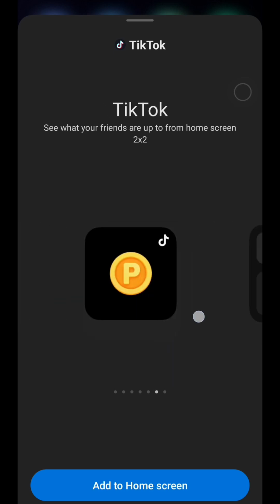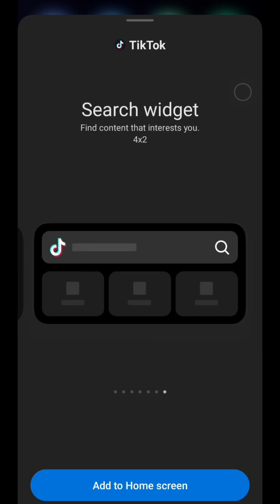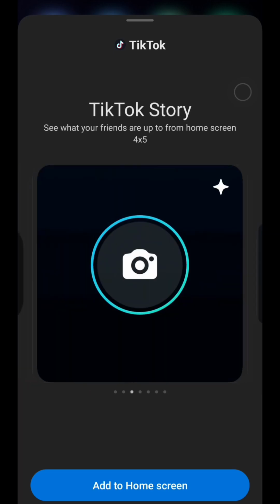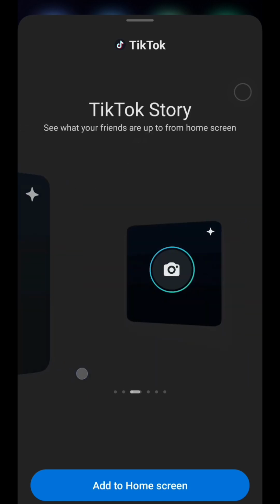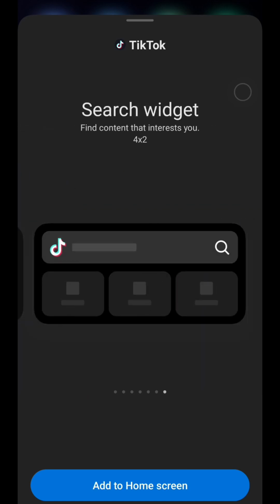And then next it has the TikTok search widget. This is a quick search bar for creators, hashtags or sounds, so there's no need to open the full app. And then in here you can choose whichever one fits your vibe or workflow best. For example, maybe I want to add this widget. Just pick the widget that you like and then just tap on add to home screen like this,